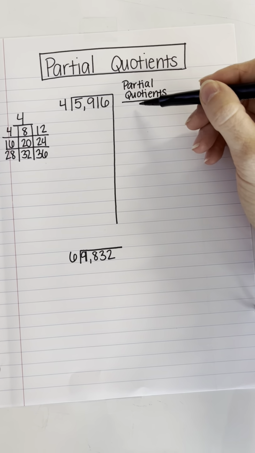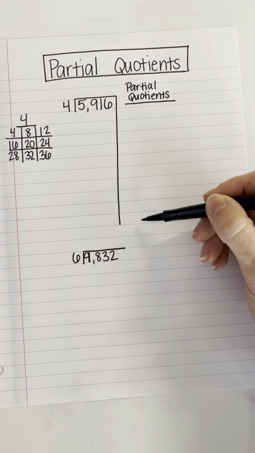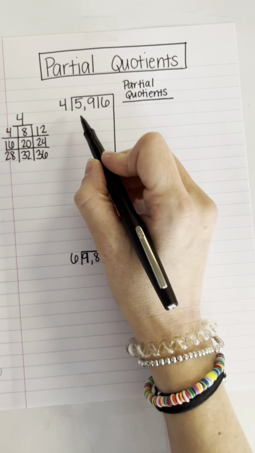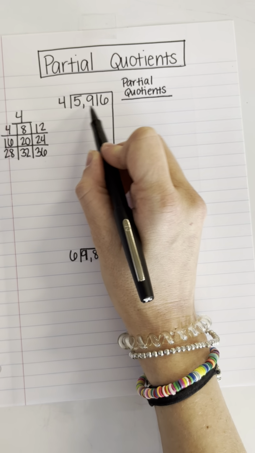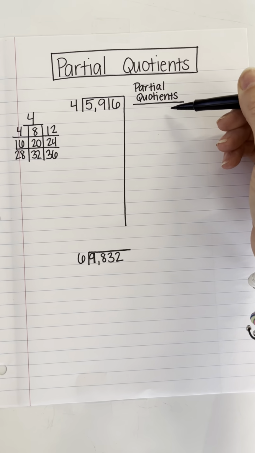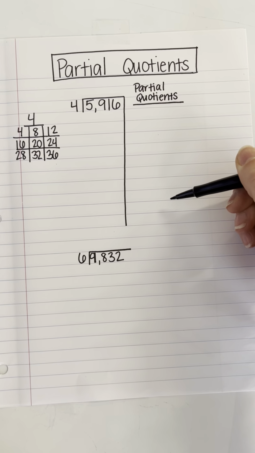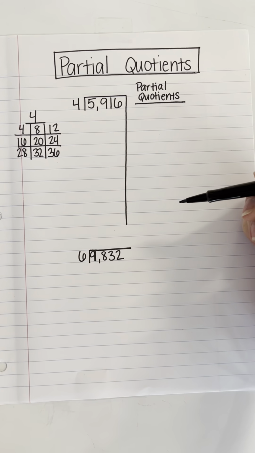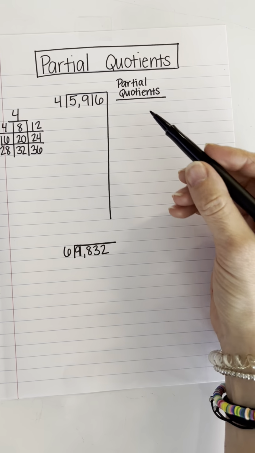So we have our partial quotients that we're going to be listing on the right side. And then we're going to be taking groups of our divisor out of our dividend right here. So this side is going to be for subtraction, and this side will be for all of the parts of a quotient. At the end, we will add them together to get the whole quotient. Starting off,